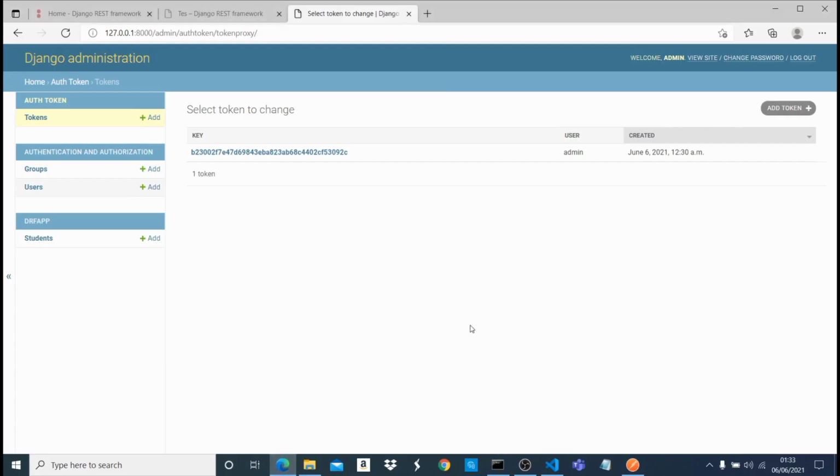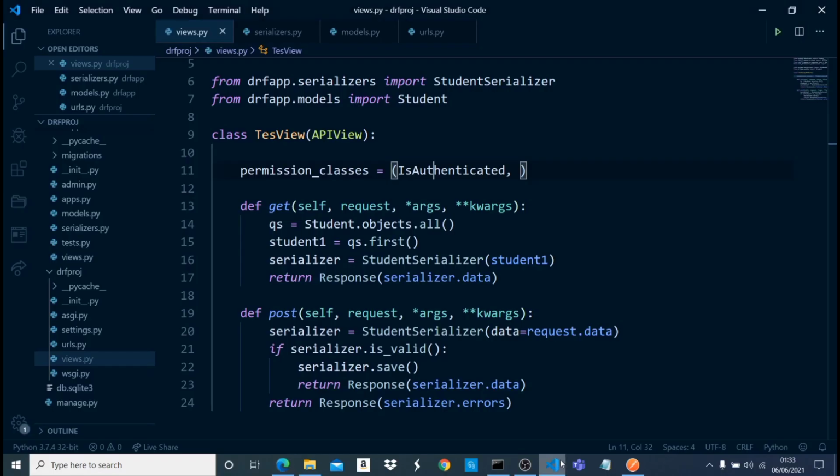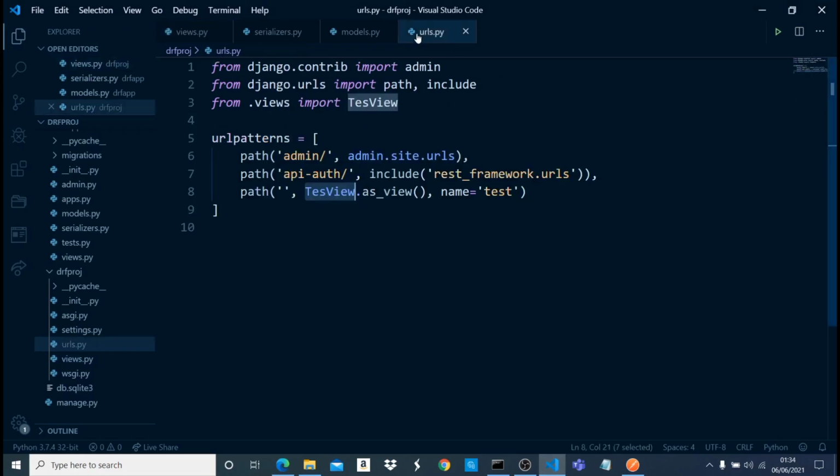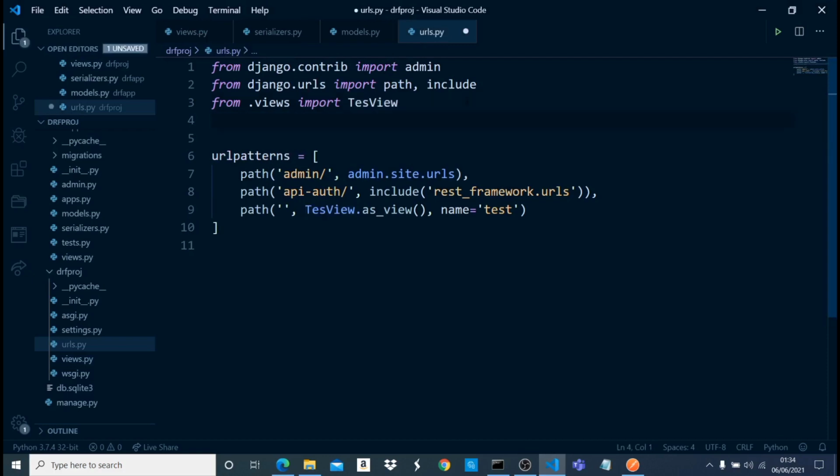So what we are just going to do is to send details of the particular user, so its username and password. We're going to send it to our application, and it's automatically going to generate a token and show us that token. So for us to be able to do this, I'm going to come into VS Code, and under urls.py, we're going to say from REST framework